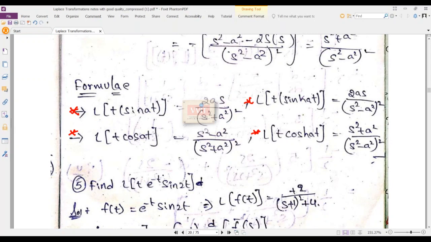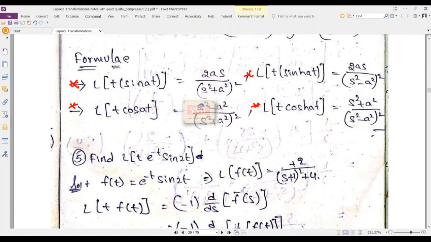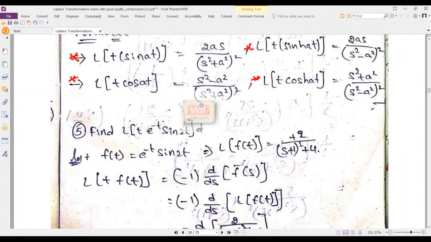Unless you have proper logic, you may not simplify this one. So that's the reason, remember these. Multiplication with t, you may get very rigorously in inverse Laplace. So do remember this. L of t times sin at is 2as by s square plus a square. L of t times sinh at, the only difference is here minus. If you remember these two, it may not be a tough task to remember them. Here the numerator is 2as, here the numerator is s square plus a square. The common denominator is the same.